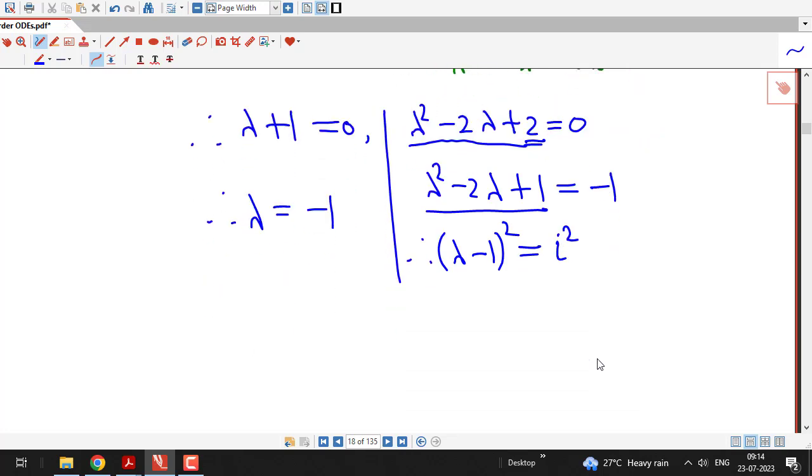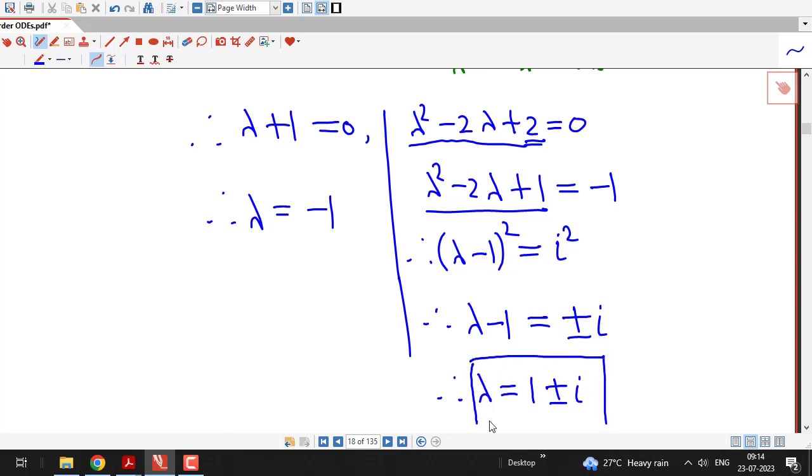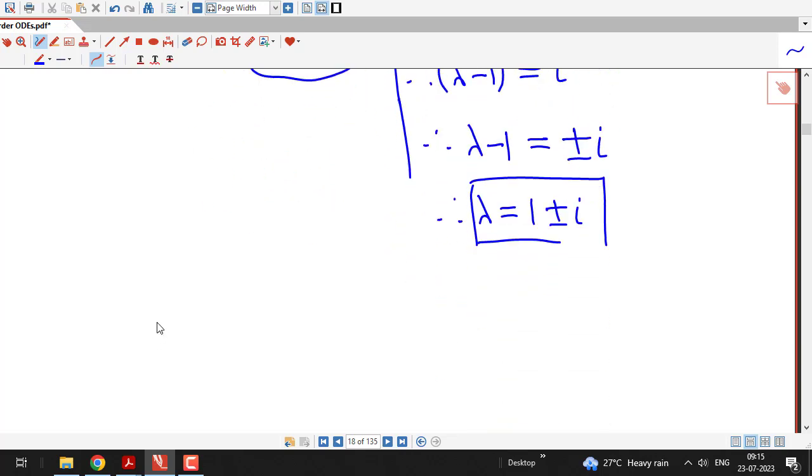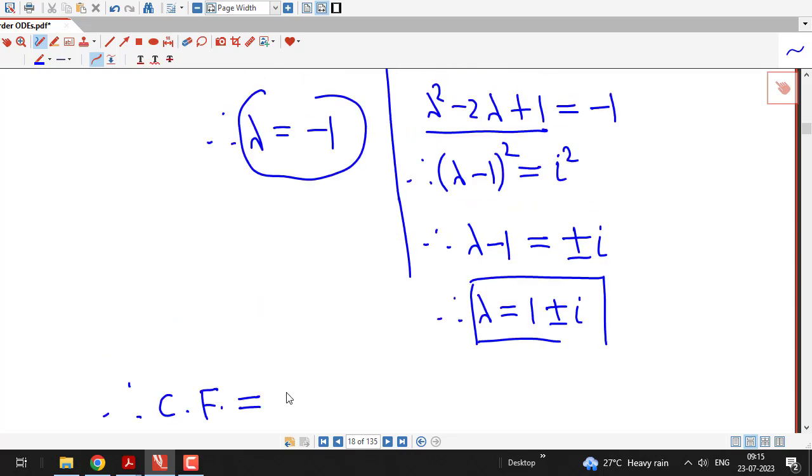Minus 1 can be replaced by i square. Therefore lambda minus 1 equal to plus or minus i, taking square root on both sides. Therefore lambda equal to 1 plus or minus i. So these are two complex roots and there is one real root, and therefore the complementary function corresponding to lambda equal to minus 1,